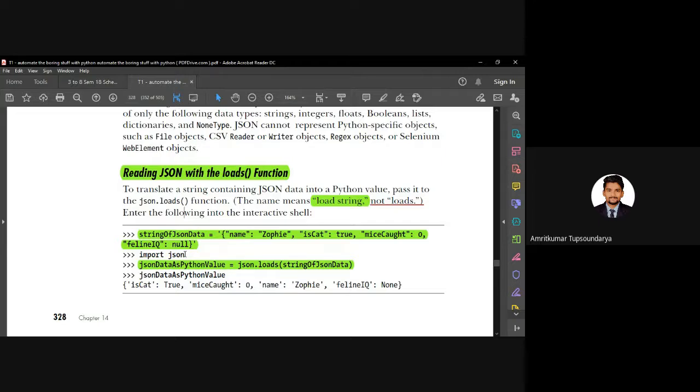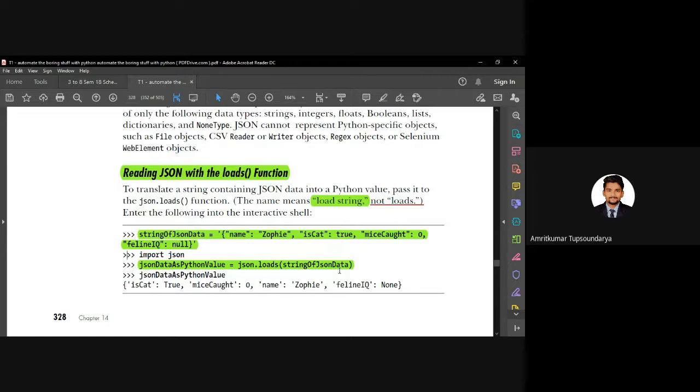Very important. Once we import json, we create an object, json data as Python value. We are going to load this string into this object. So json data as Python value is equal to json dot loads, which is load string, provided with the string inside it. Our string is stored in the variable.